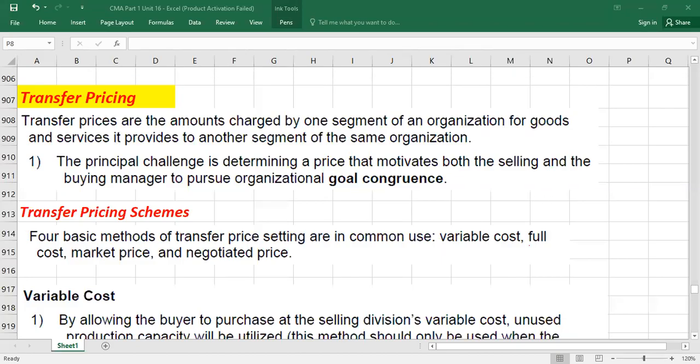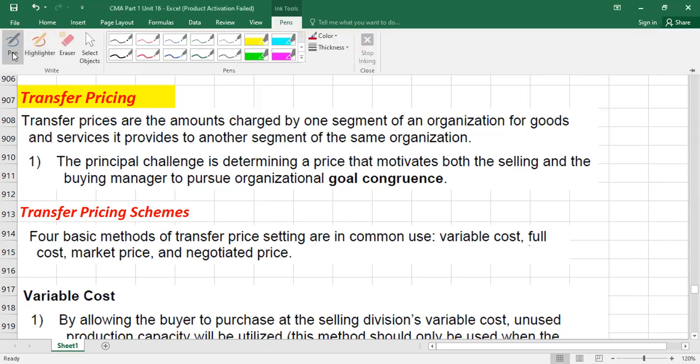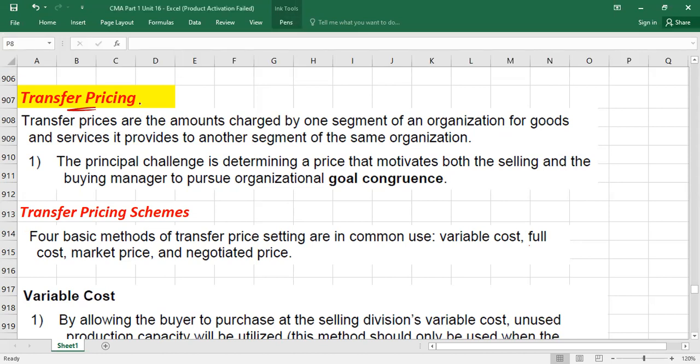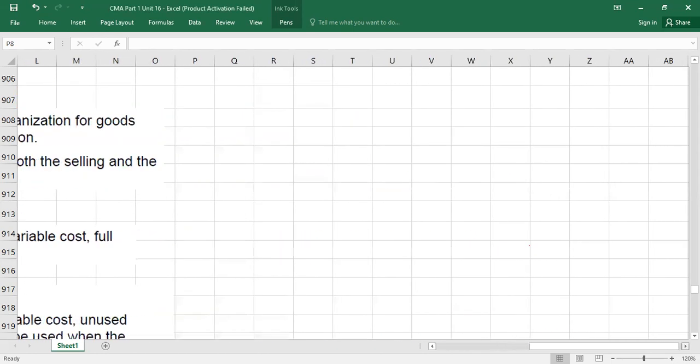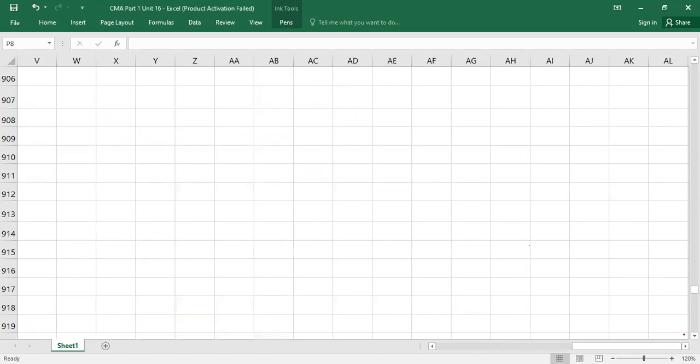So guys, we are going to discuss now about transfer pricing. Let me first give you an example of transfer pricing, then we'll go through the theory here. And this theory you need to understand in order to solve the question. So here we go, we are discussing first what is transfer pricing. For example, let's say we have a company